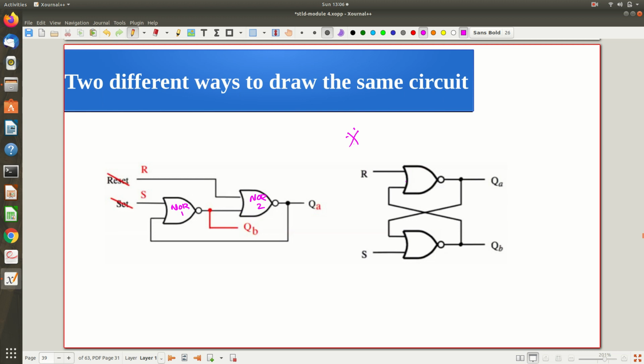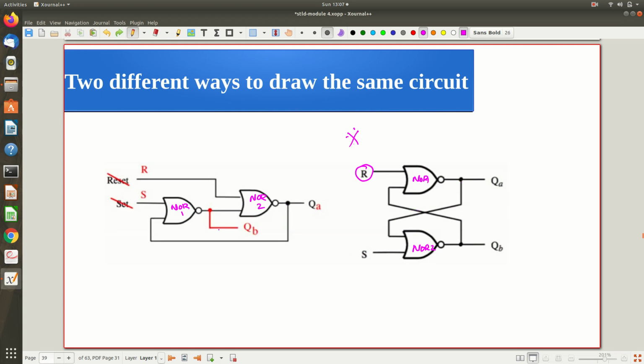Now the same two NOR gates I am drawing here. This is my NOR gate 1 and this is my NOR gate 2. Now for NOR gate 1, the input is the reset input, so I applied it like this. For NOR gate 2, one of the inputs is the set input, that also I applied. And now you can see that the output of NOR gate 1 is given as input to NOR gate 2. See this feedback, fine. Similarly, the output of NOR gate 2,